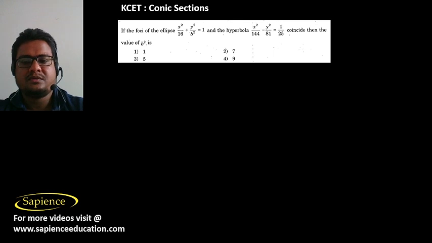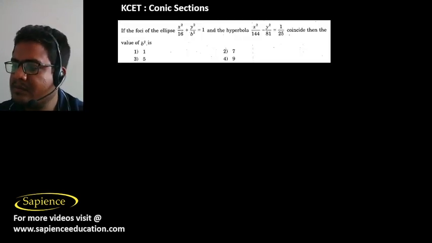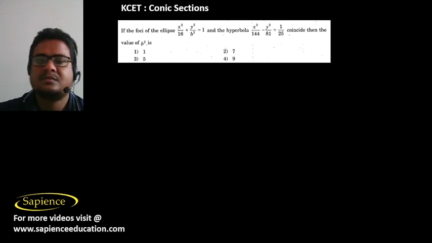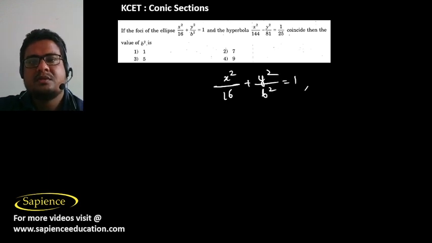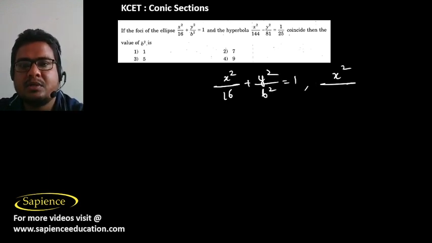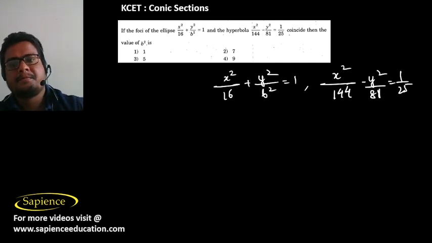Then if the foci of the ellipse x square by 16 plus y square by b square, that is equal to 1, and the hyperbola x square by 144 minus y square by 81, that is equal to 1 by 25, coincide, then the value of b square is, right, then the value of b square is,